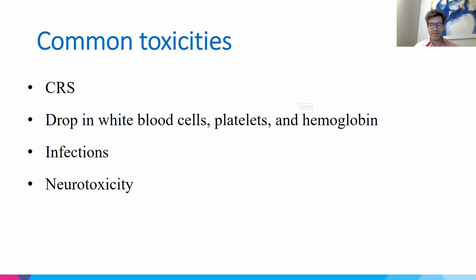This could be just transitional. The risk of infections that happens with this disease, with this treatment, and neurotoxicity, which is rare, but we have seen cases of neurotoxicity that can be manifested as headaches or confusion, or sometimes forgetfulness or tremors. And all of these neurotoxicities that have been seen in bispecifics have all been reversible and are not sustained or